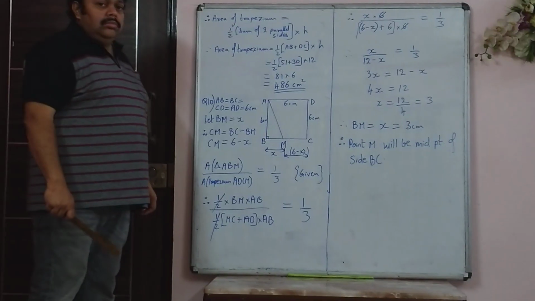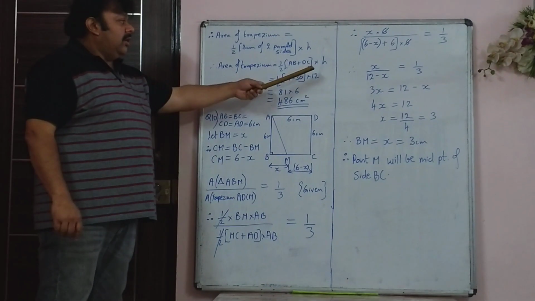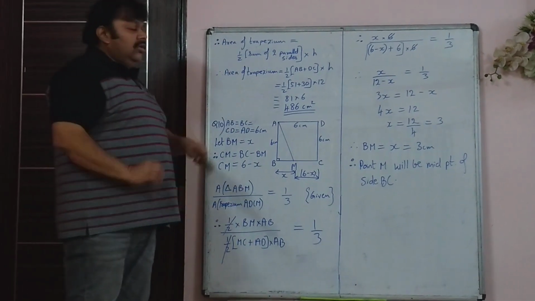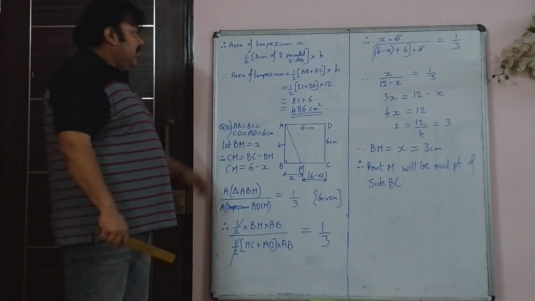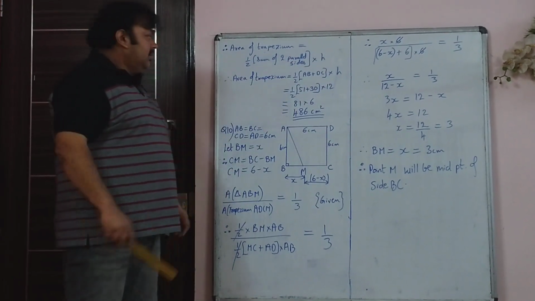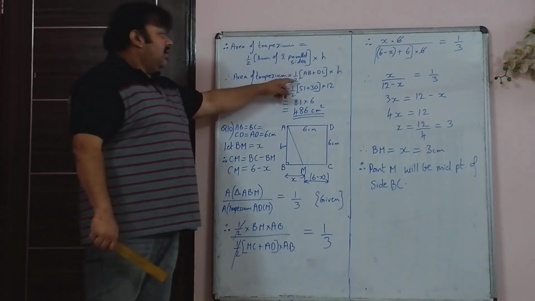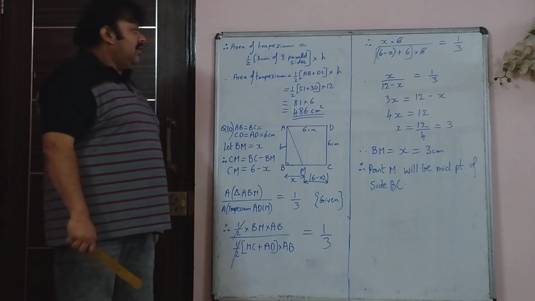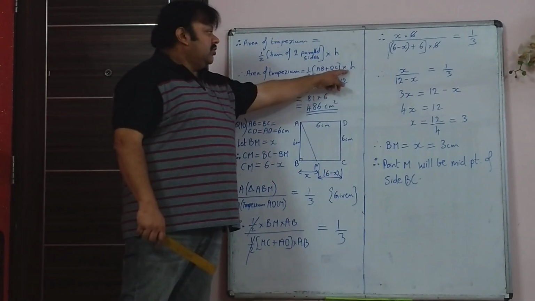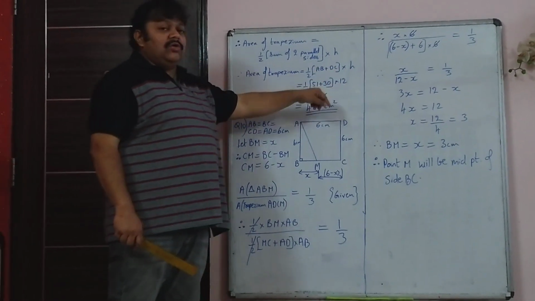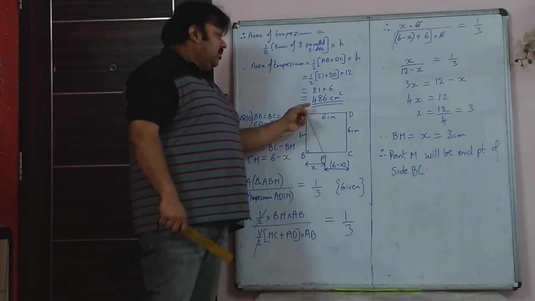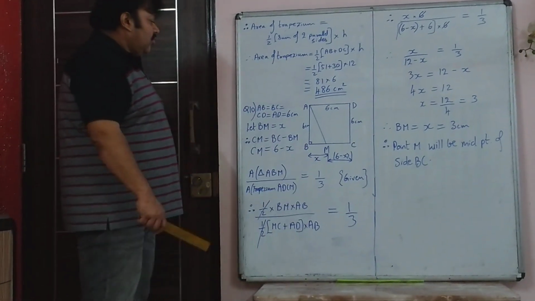I'll write it down. So we just found that the height is 12 centimeter, the distance between the two parallel sides. So now we are finding the area of the trapezium. Half into sum of the two parallel sides into height. So area of trapezium is half into sum of the two parallel sides, AB plus DC, is 51 plus 30, into the distance between the two parallel sides, which we just found was 12. So 81 into 6, 486 centimeter squared.